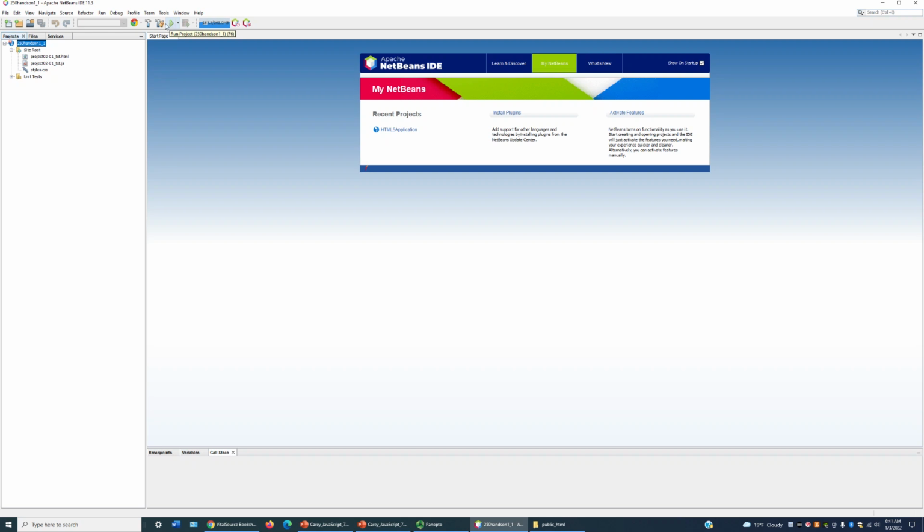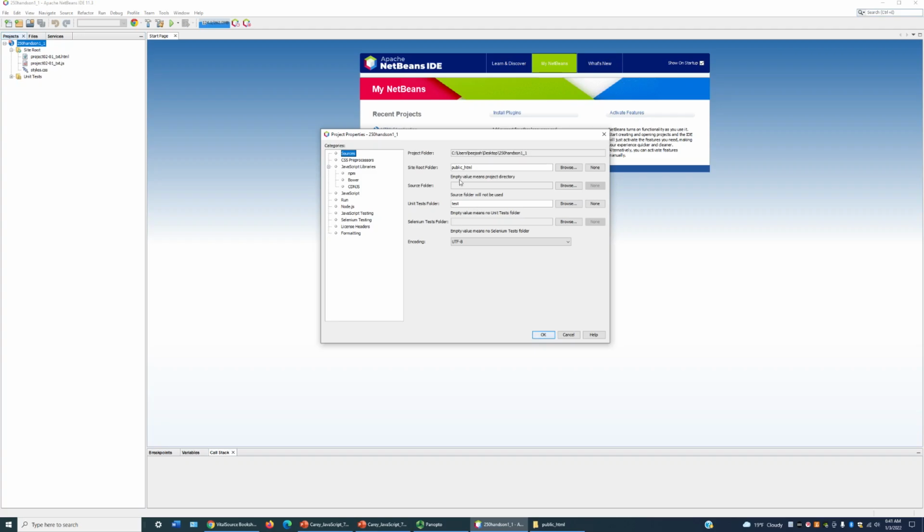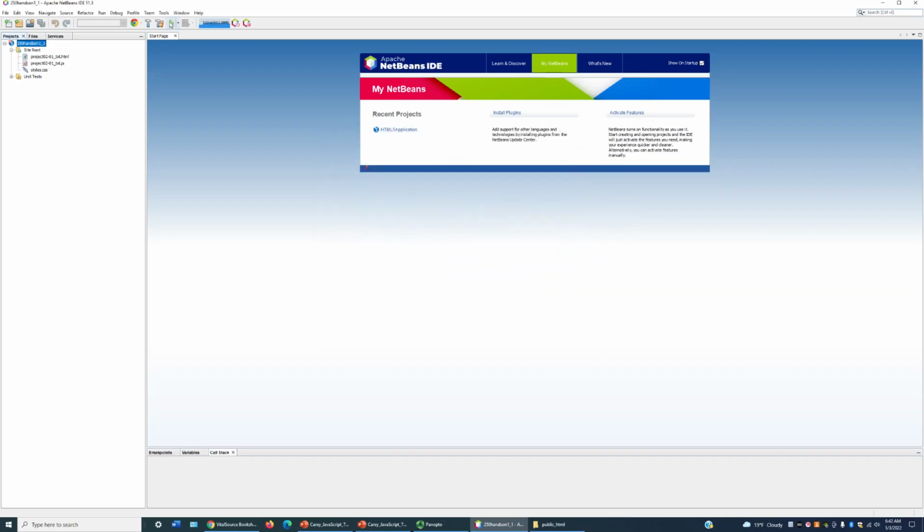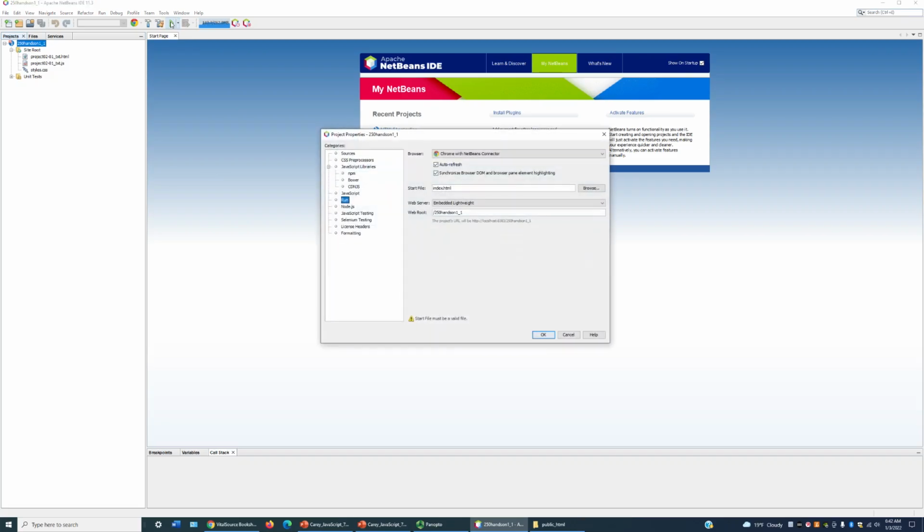If you remove it, you could go into properties here and set it so that the particular file you want to run, it looks like our root folder is set. And then what we can do is specify the particular file that's going to run when we hit this play button. So right here it says start file is index.html, and it has no knowledge of what file we're actually using, which is